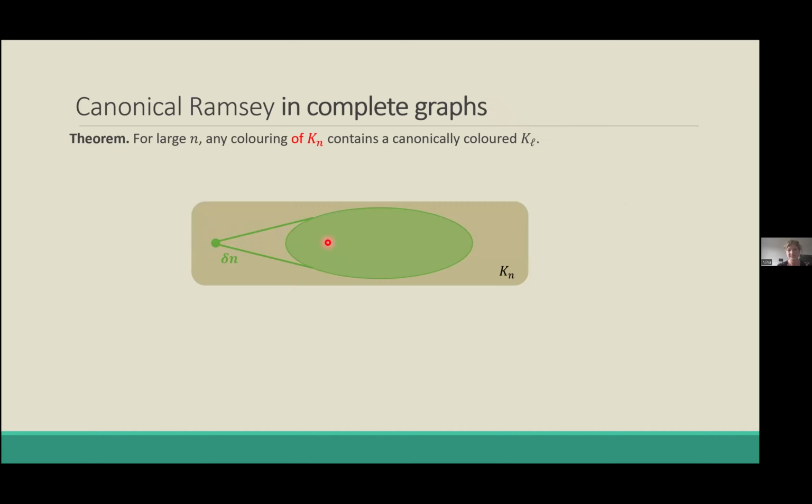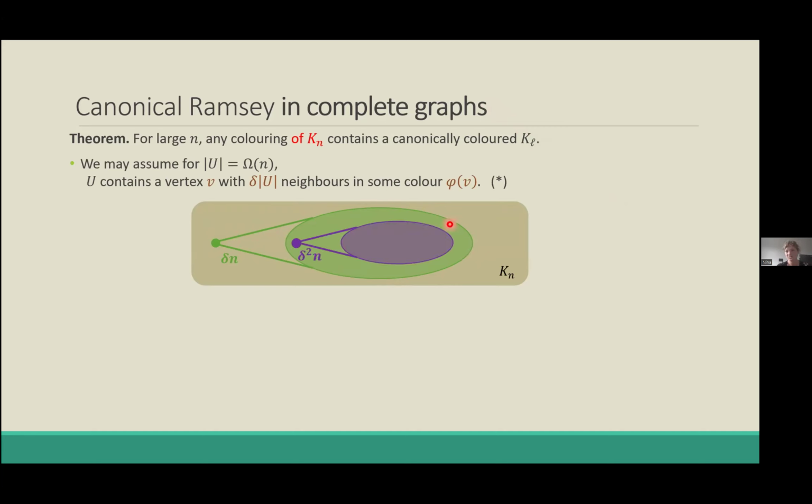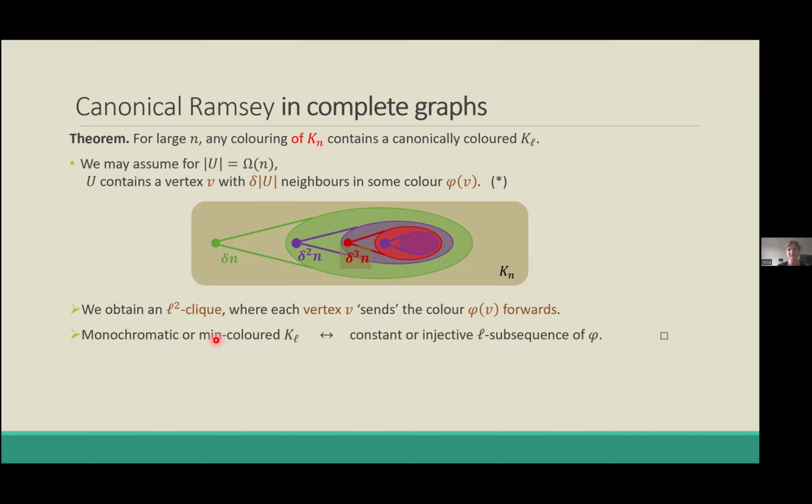But then inside this green subset, you know the same thing. Otherwise, again, you use bounded colorings. And you use this iteratively, so you find a sequence of vertices with a linear proportion of neighbors in some specific colors. And now if you do that enough times, specifically L squared times, you will find either L times the same color or L different colors. And this will then give you either a rainbow copy of K_L or a monochromatic copy of K_L, modulo some cheating, but that's the main idea.